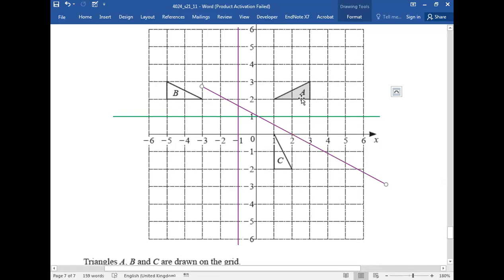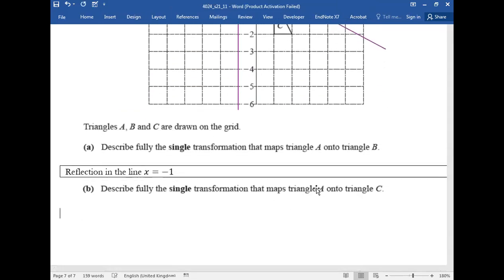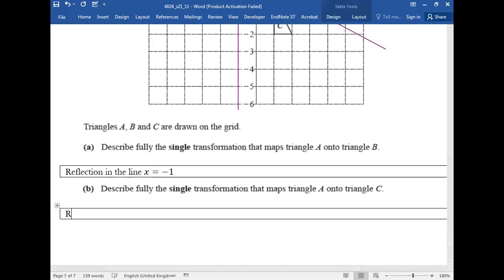But you are supposed to draw a perpendicular bisector between the object and the image. You can take any other point. You take this point and this point, or you take this point, and wherever these perpendicular bisectors meet, that is your center of rotation. So what will you write? The question says the single transformation that maps triangle A onto triangle C. It is a rotation